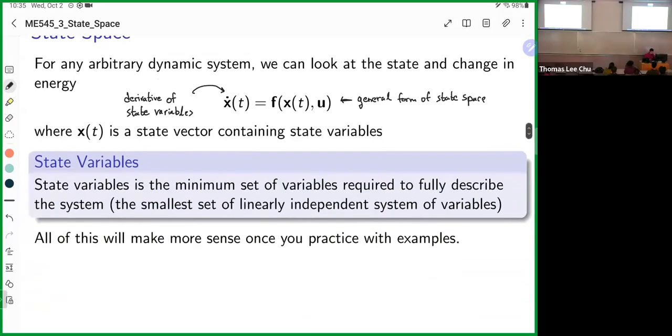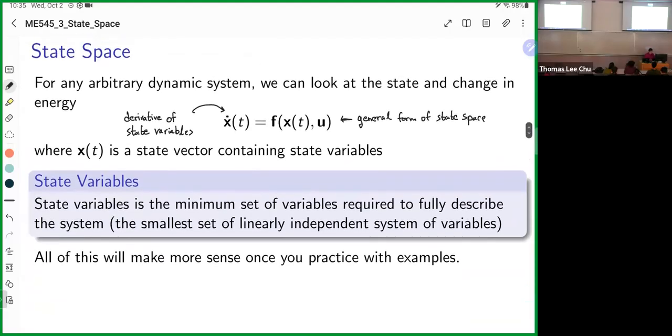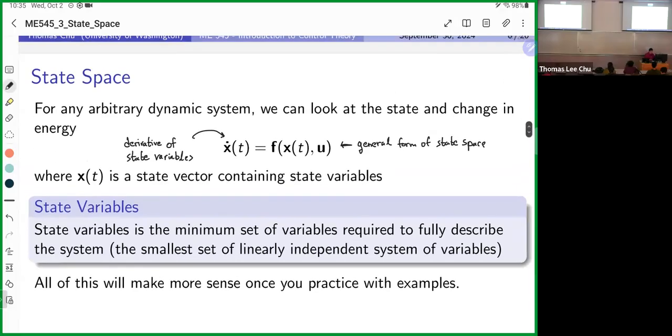And then here's the more technical definition of what state variables are. State variables are the minimum set of variables required to fully describe the system. Think of it in math terms as the smallest set of linearly independent system variables. I'll go more in detail about what I mean by that. So then, the way we formulate our state variables,